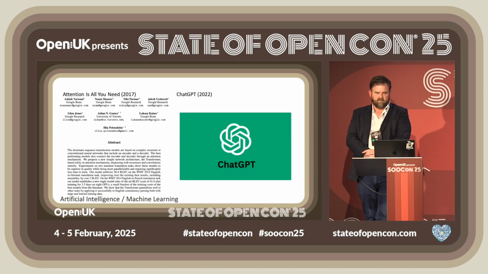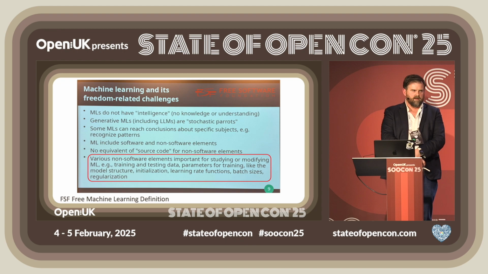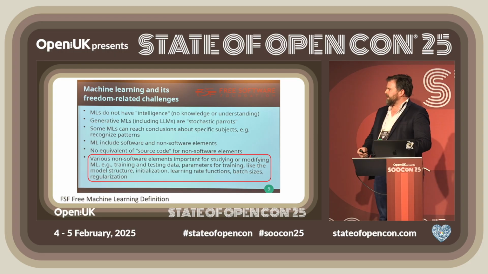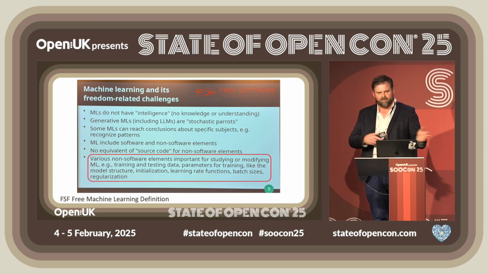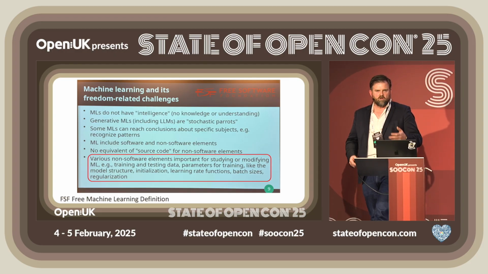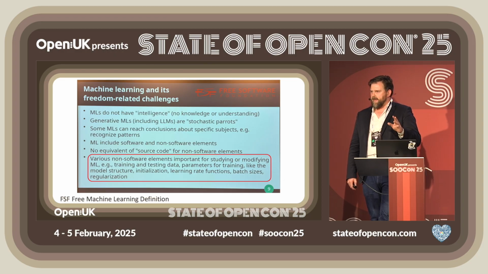And then, of course, we get to fancy Clippy, ChatGPT, and this is where the wheels kind of really fell off. Happily, the FSF again is coming, and I'm more of a businessman here than a free software zealot, to be clear. I have a venture studio, but I am quite interested in the work that they're doing, and particularly their being a lot more nuanced and slower, maybe too slow, while the other guys are being too fast, but they do recognise that there are non-software components that are dependencies for reproducibility of an AI system, right?